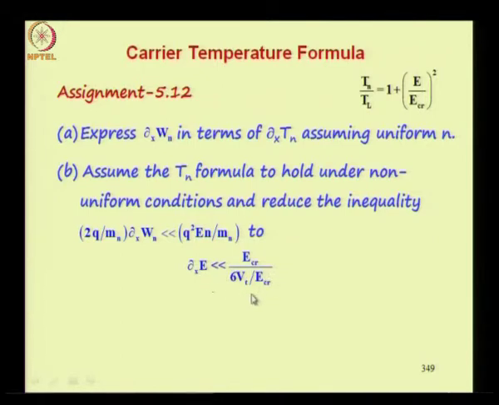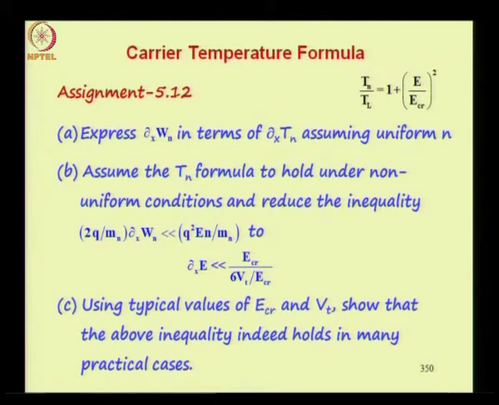So what this formula shows is that so long as your change in electric field over x is much less than critical electric field over 6 Vt by E critical length. So long as this variation is less than this, your formula will hold. Now using typical values of critical electric field